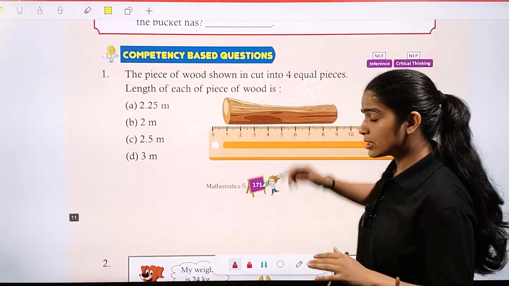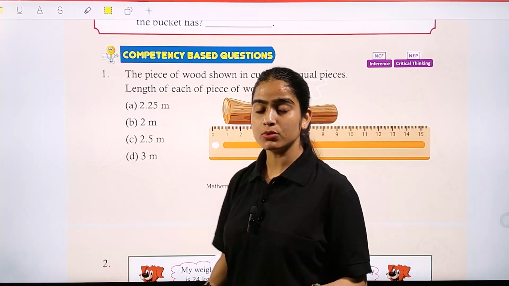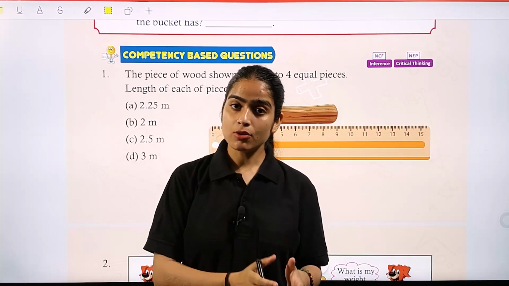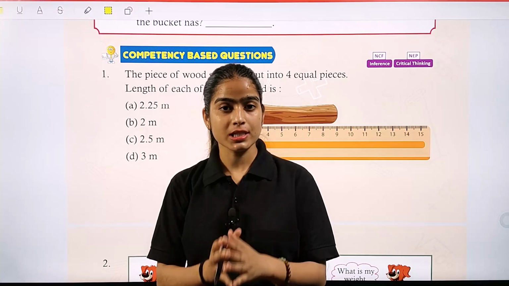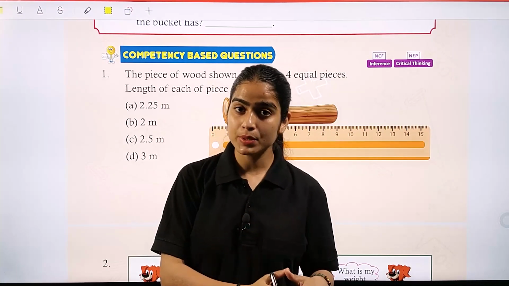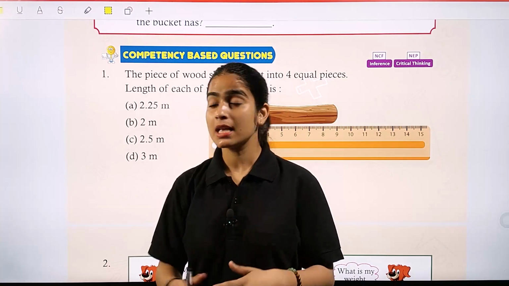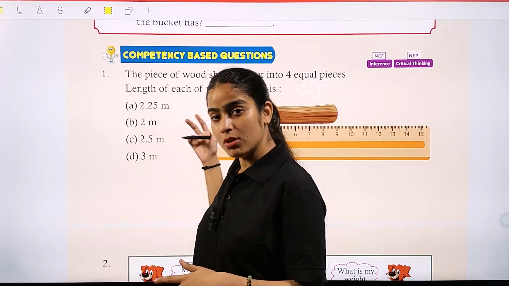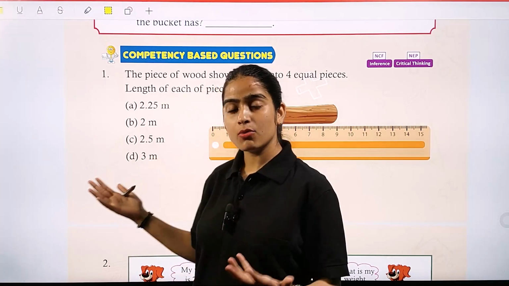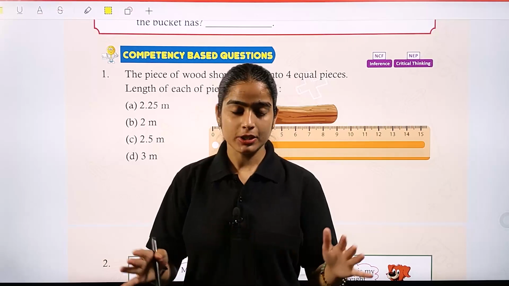Okay students, if you have any kind of doubt, so what you have to do, first, you have to clarify your doubts by reading your concept. Then you have to solve your example. Then you have to solve your exercise. And after doing that, you have to come here to solve it. Then you are able to solve it clearly.